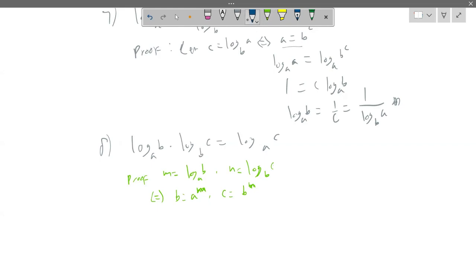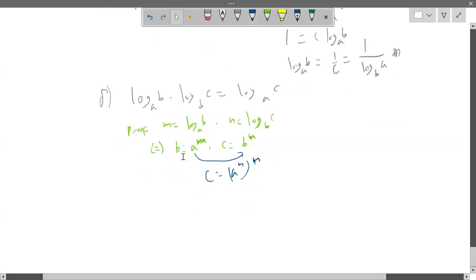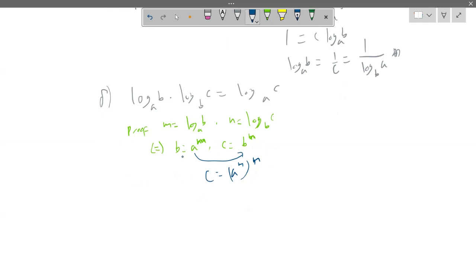Because of this, we have b equals something, which we can substitute into c. So that means c is equal to a to the power of m to the power of n. Now we take both sides. We take the logarithm of both sides